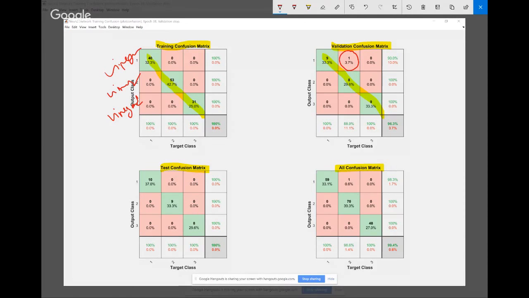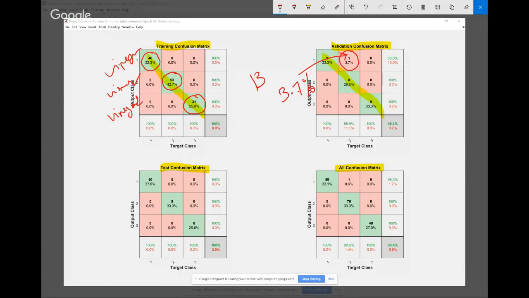Training has successfully classified 40 samples into vineyard 1, 53 samples into vineyard 2, 31 samples into vineyard 3. Isn't that interesting? Depending upon those 13 parameters which we had defined earlier, it has classified all the samples into respective vineyards. There's only one validation error, which sums up to 3.7% of the data and is marked in red. There's only one sample which was not classified into any of the wineries.